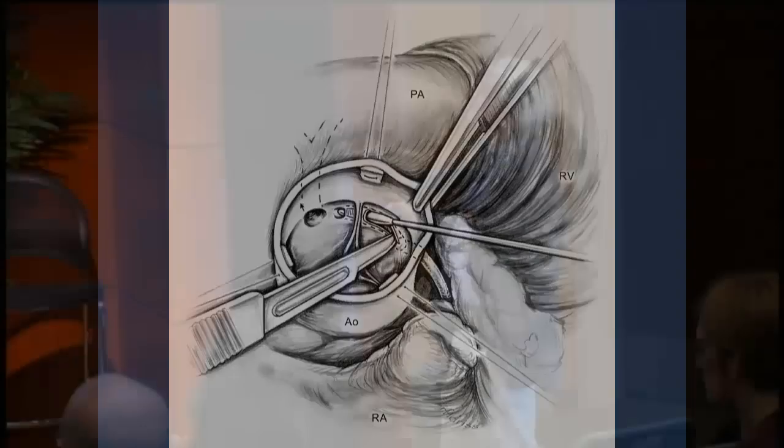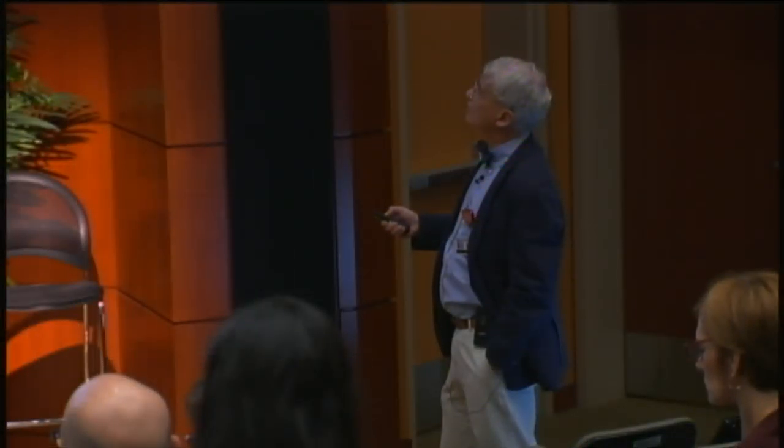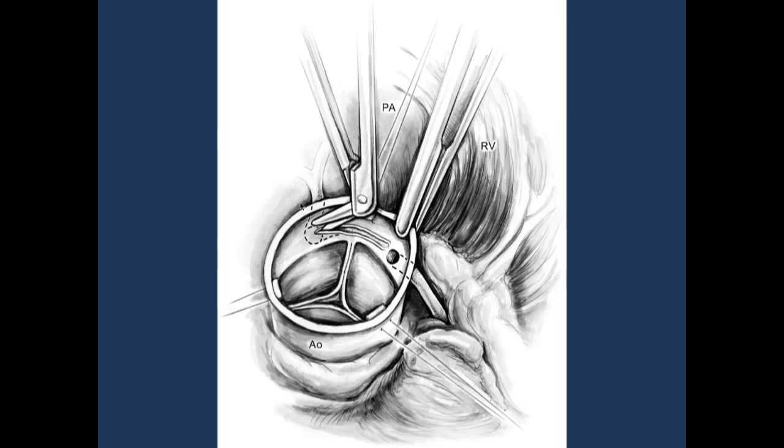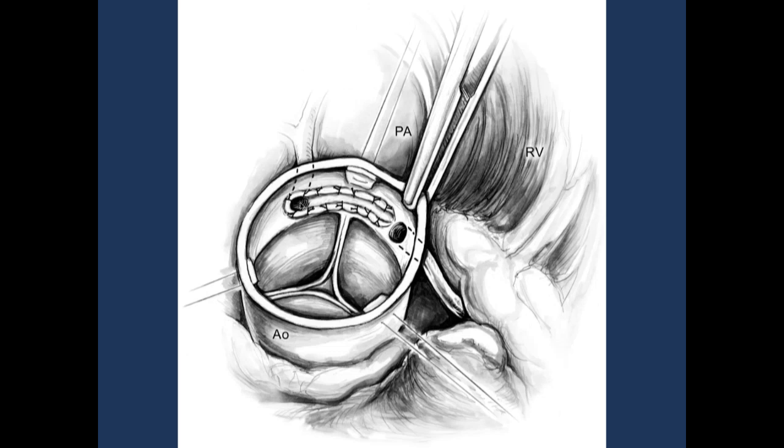This is a left coronary artery coming from the right coronary cusp, left coronary cusp. This is what it looks like in the operating room. And one can perform an unroofing, as you can notice here, and then do the tacking sutures to prevent dissection. And notice that the orifice, the left coronary artery, is